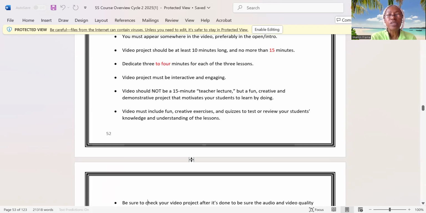So please read the instructions. You want to dedicate 4 to 5 minutes. I know it says 3 to 4 here, but sometimes you need a little bit more time. So you can go up to 5 minutes for each lesson because you have 20 minutes. And just let me remind you, just in case,